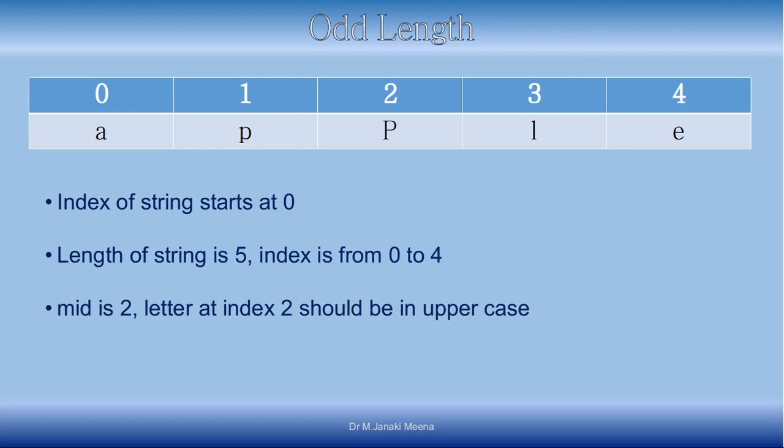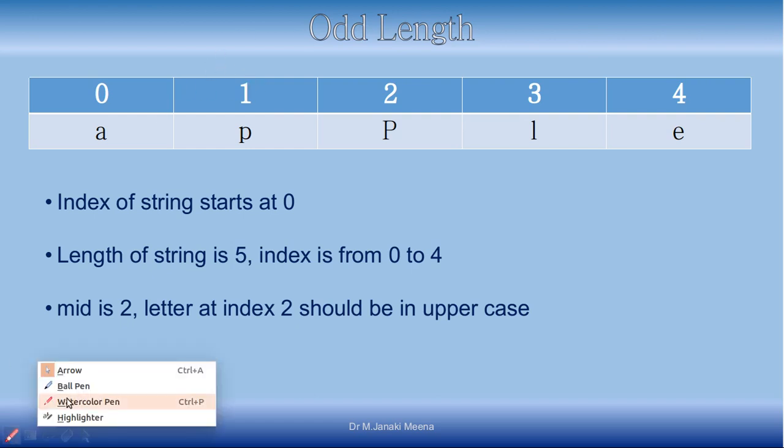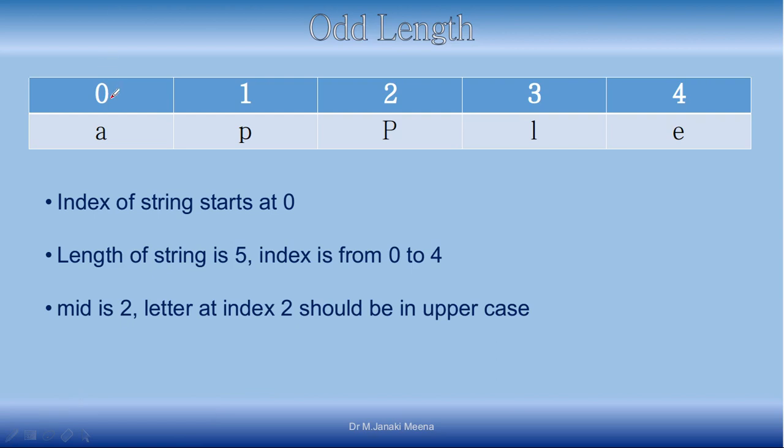So it was okay, but here we have to have a clear-cut idea about how the index is going to be. For apple it is going to be 0, 1, 2, 3, 4, right. So when you find the length of the string, the program will give it as 5. And if you want to find the mid, you have to do integer division by 2. When you do integer division by 2, obviously you are going to get 2. 2 is going to be the middle character. Okay, the middle one you will directly get if it is an odd length string.